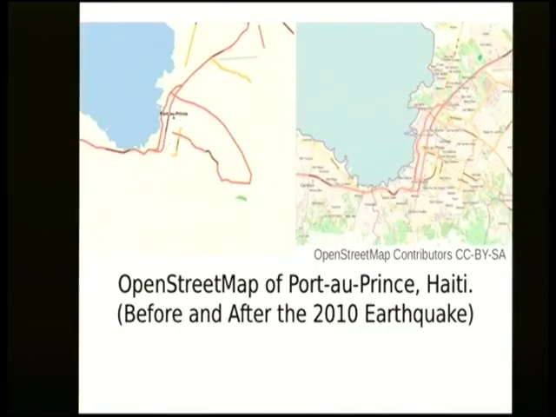So on the left is the OpenStreetMap map before the earthquake. Someone had gotten some public domain data and had imported it. You can see it's just some major roads. Two weeks after the earthquake, there was a very, very detailed map. What happened was very, very organic. Earthquake happens, someone starts just tracing satellite information. So it's just a satellite image, copying over roads, looking for other free data. There were some maps from the US government that could be used, and